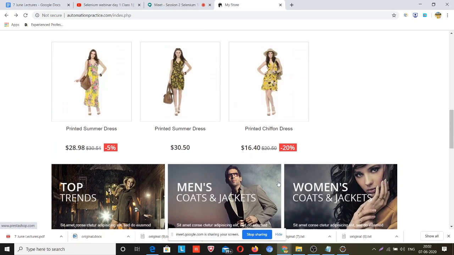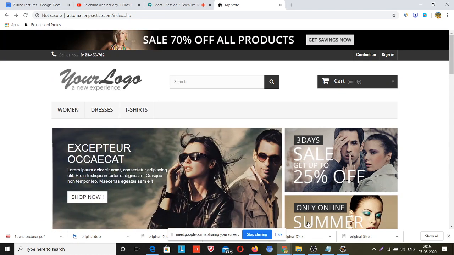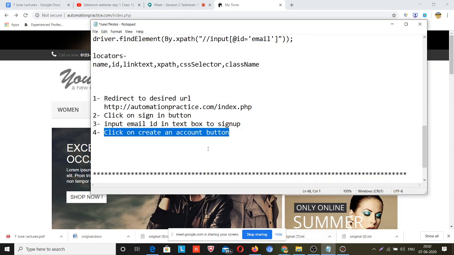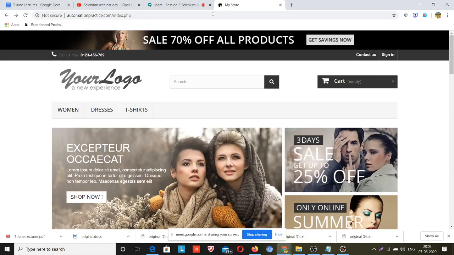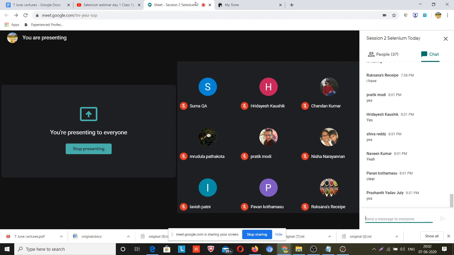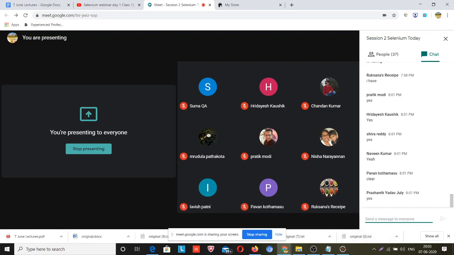How will Selenium come to know where I have to go? In that case, the problem is solved with locators. Suppose I have to go to a family person's place, then I will ask for his address. So in Selenium, locators locate the web elements.